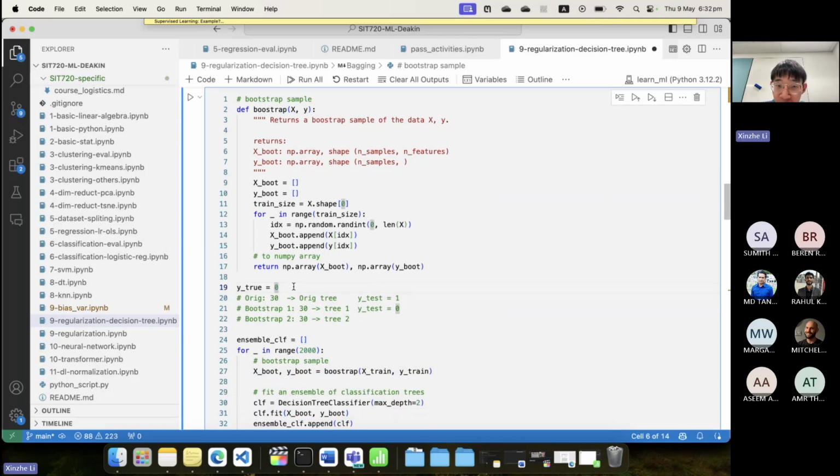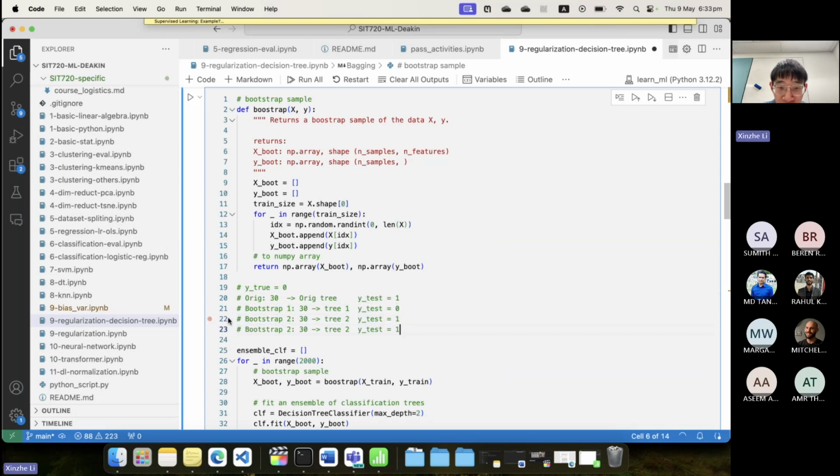Okay, so this is binary classification. So if the y true is 0, this is 1 because of noise. This is maybe okay. The noise is accidentally removed because you do random sampling, so it's possible you remove some noise. So okay, now it's correct. Then for this, maybe the noise exists, then it's not correct. For the next, maybe the noise also exists, but